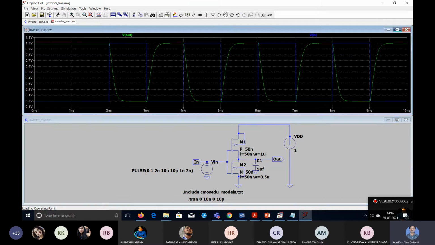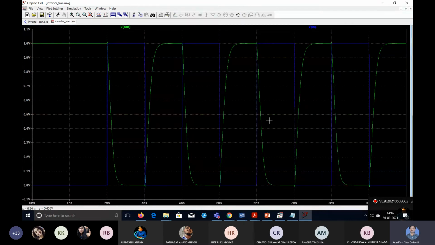So this is the plot by which we can find the delay, rise time, and fall time, all for the output pulse. For the input pulse, there is no need to find them, because for the input pulse you have already decided how much rise time and fall time you want. Rise time you have given 10 picoseconds, fall time 10 picoseconds, and the delay is almost negligible, because it is switching very fast, from low to high and from high to low. So in the input there is no delay, but in the output some delay is there.